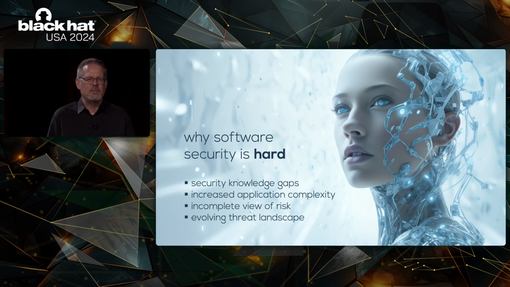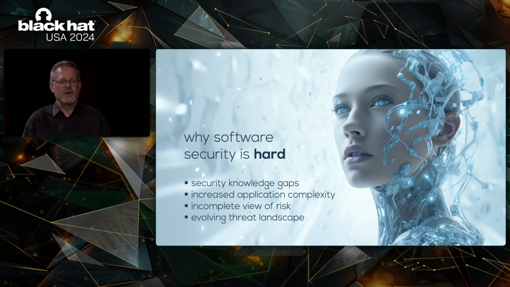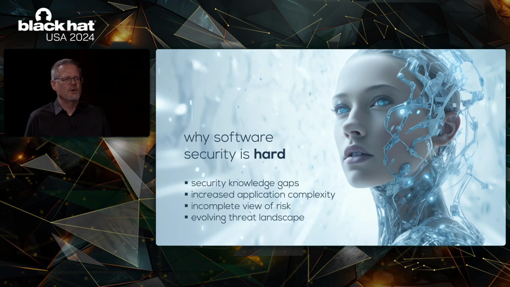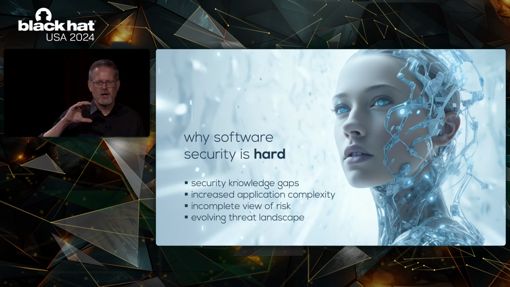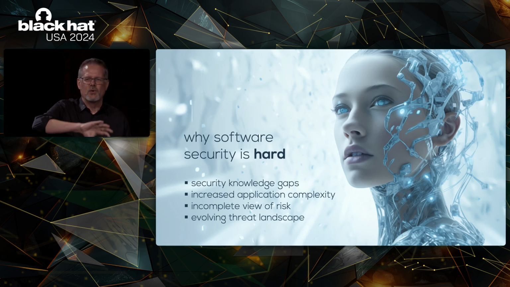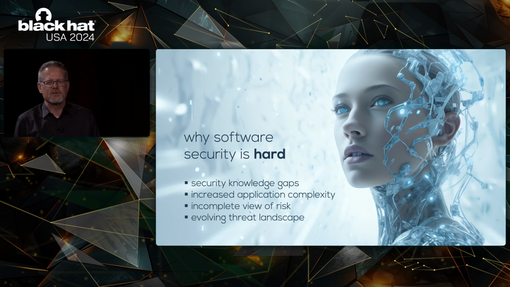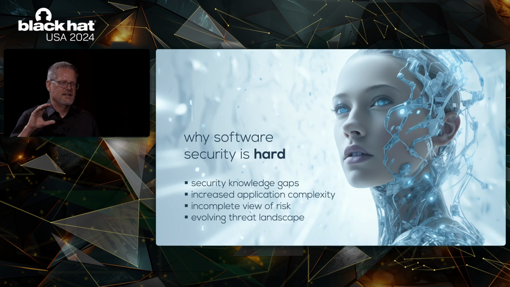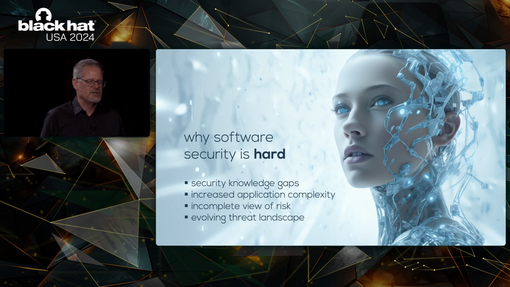Applications are getting more complex over time. We're assembling applications with components and APIs, and no one understands what's happening inside that API, or a lot of times we don't understand what's in the components. And it's a very incomplete view of risk. Sometimes a team will work on some small piece of code that gets deployed into production. It works with a whole bunch of microservices and APIs, and they don't really even understand the risk that they're introducing with that chunk of code.